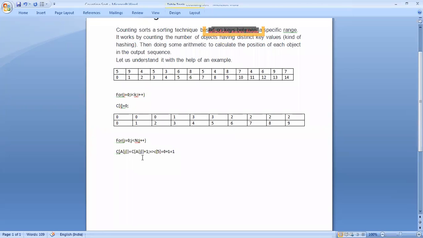Let's see, first of all we write down the loop. For loop: I equals to 1, I less than k, and I plus plus.